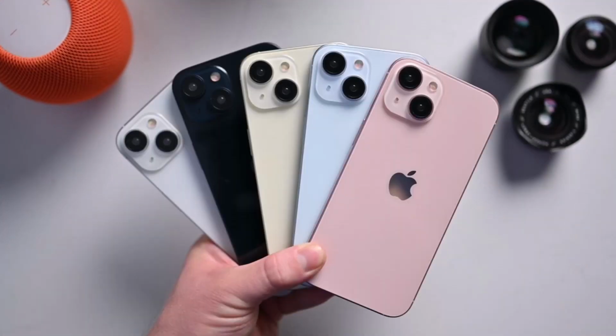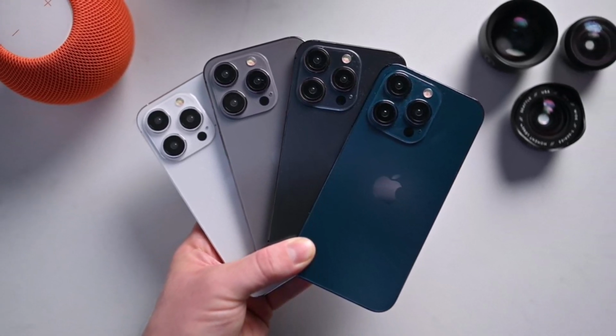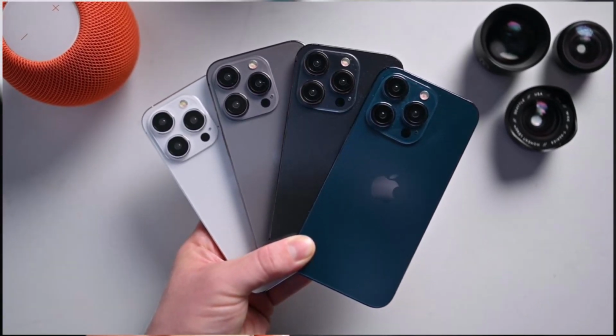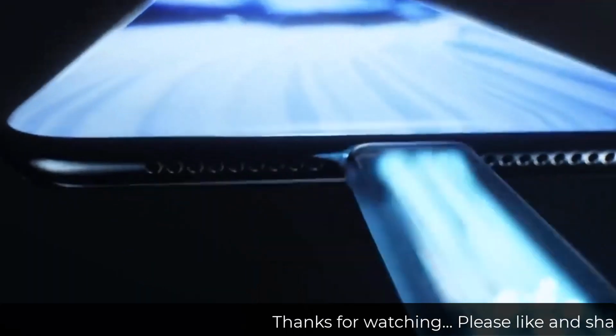Instead of that, the Dynamic Island is coming to the whole iPhone lineup. What we also know is that the phone will come with a major upgrade, which is the Type-C port instead of a Lightning port. This transition has been a long time in the making, so the Type-C charging port is going to be a great upgrade. The next upgrade in the iPhone 15 series is about its